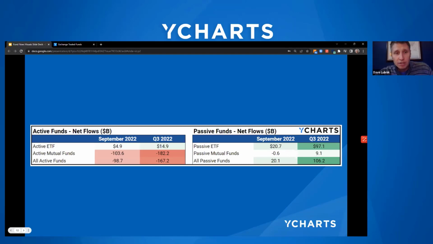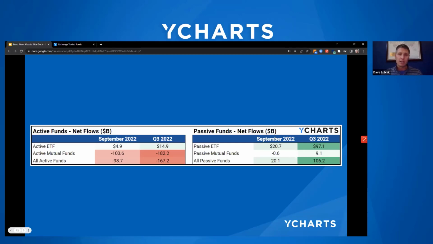Yeah, it really is interesting. The fact that in this environment, this level of volatility in the media, people are talking about this as the time for active managers to shine and make their bets. The flows speak for themselves, and you still see the outflows across pretty much all active funds, especially the active mutual funds, and that's just surprising to me, honestly, that you're still seeing this despite this stock pickers environment